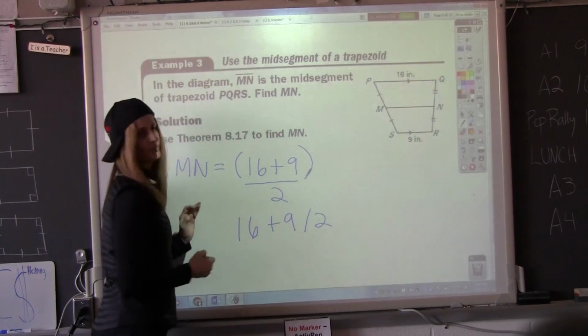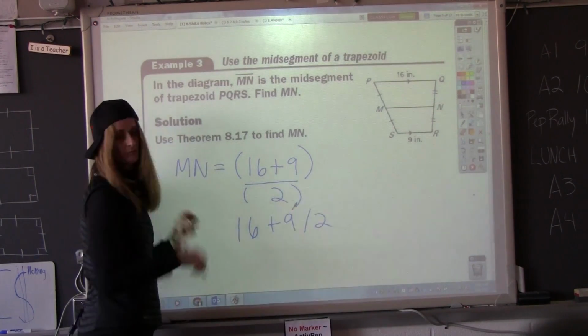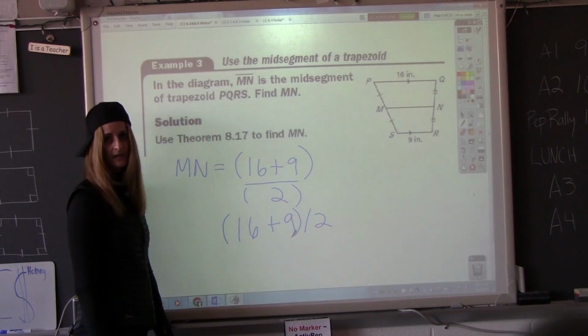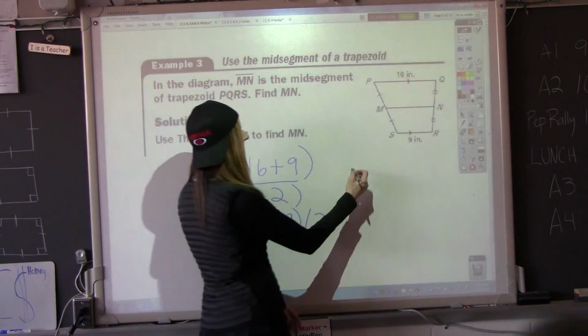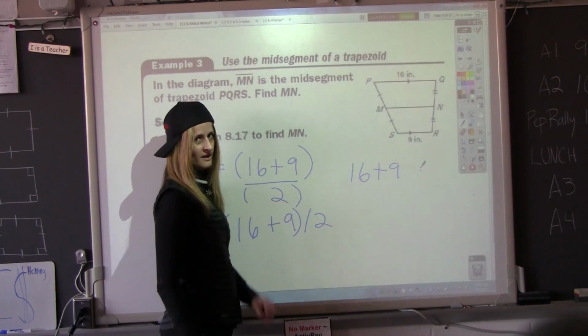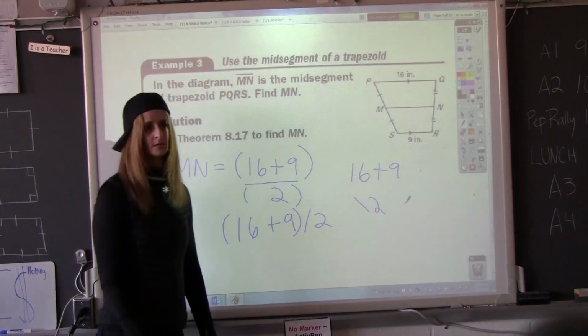There's a parentheses around that numerator and around that denominator. So two ways you could do this. You could put a parentheses around your 16 plus 9, so you don't have to worry about it. Or some people put in 16 plus 9 and press enter, and then divide by 2, press enter. Either way,